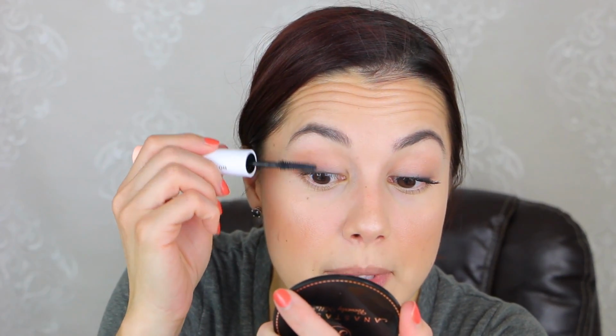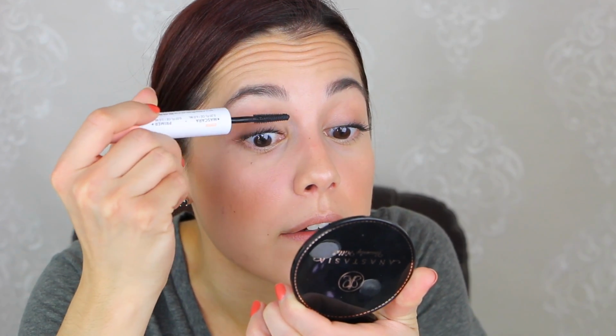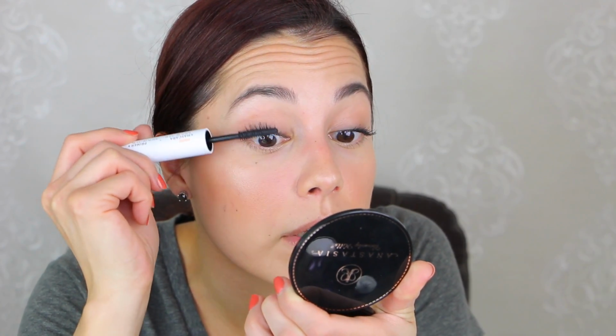I think it's quite nice to have a double end, especially if you're into primers. I'm not really one to wear primers. I'm not against them. I just usually skip that step entirely. And I actually don't mind having the shorter bristles. It's a little different than my go-to mascara